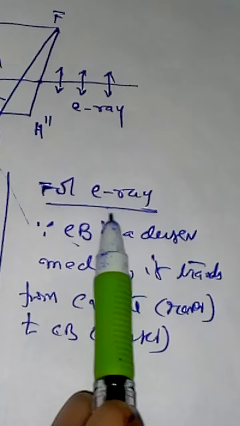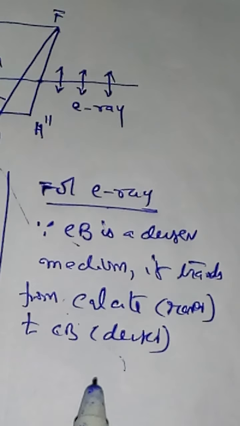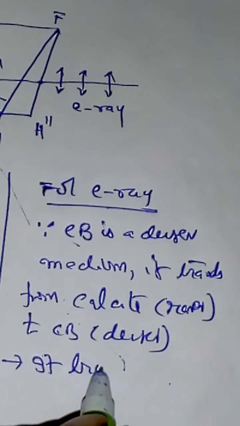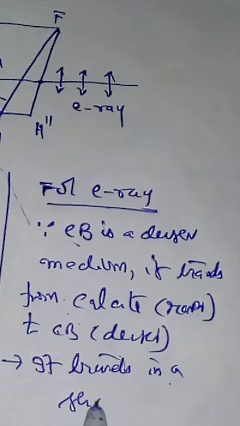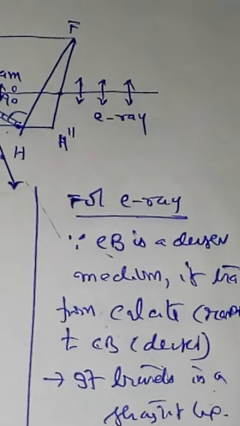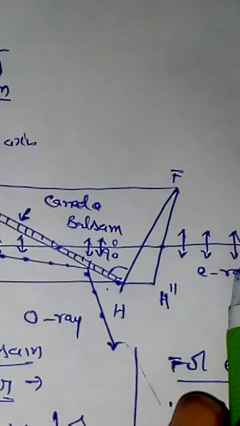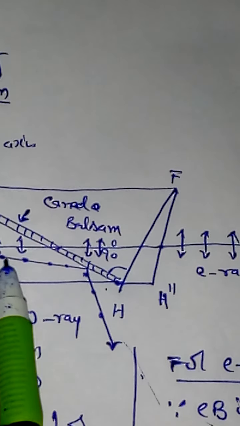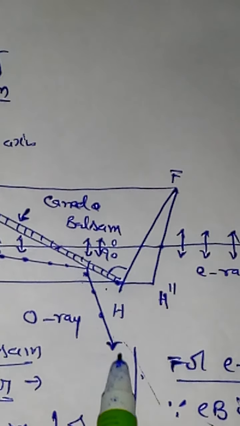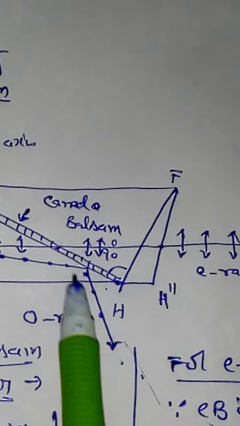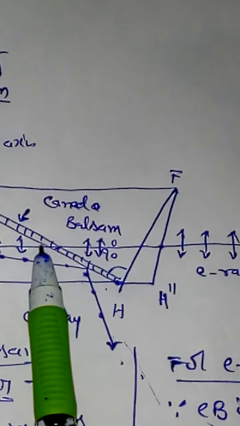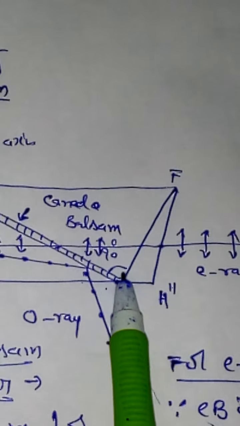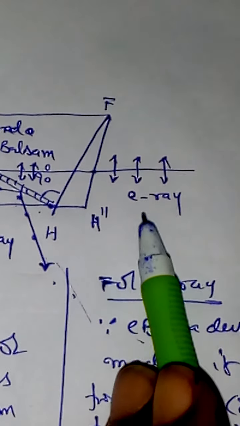In the case of the extraordinary ray, it is traveling from a rarer medium to a denser medium. So naturally it travels in a straight line. If you observe the picture, the extraordinary ray is not undergoing any deviation. Only this one is undergoing deviation. This is because here the angle of incidence is more than the critical angle, and it is undergoing total internal reflection. Therefore you observe a deviation. Whereas in this case, it is traveling from a rarer to a denser medium, so you don't find any deviation. It travels in a straight line and emerges out